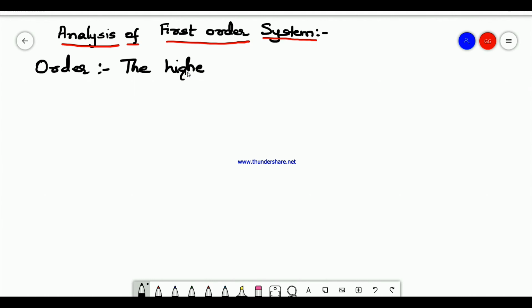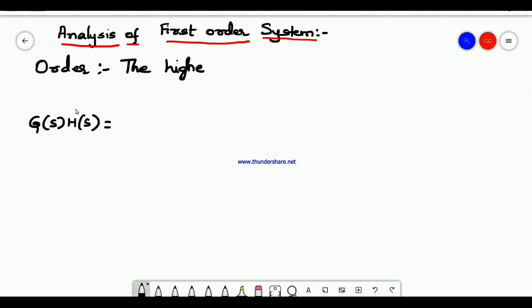So in my previous video we all saw the type of system, type 0, type 1, type 2. There you separate poles and zeros and then check what is the power of s to say type 0, type 1. Now I'll first say type and how order is related to that. Now for example, we took the type of the system.